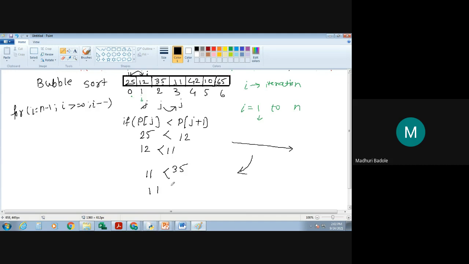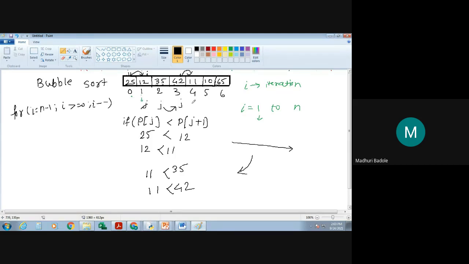So is 11 less than j plus 1? What is j plus 1? It's nothing but the 42. Is 11 less than 42? Yes, your condition is true. So you are swapping these two elements, 42 with 11. So over here 42 and over here 11.